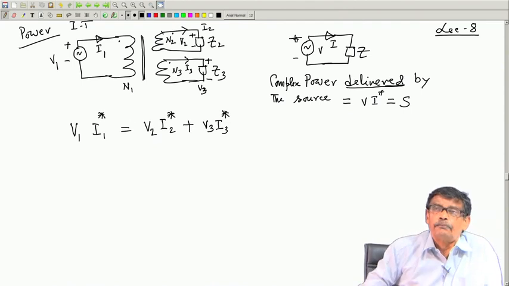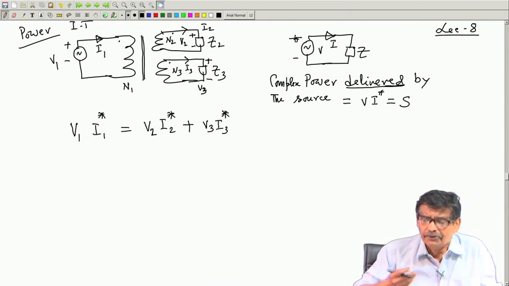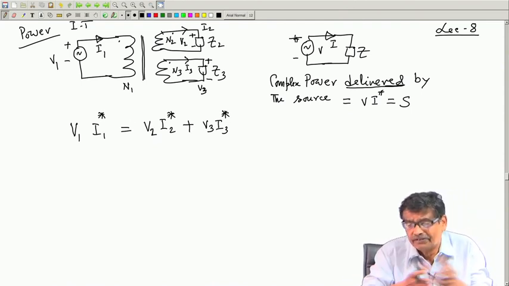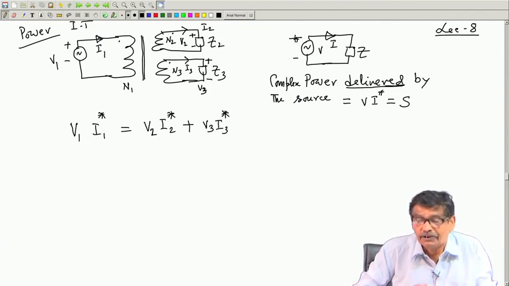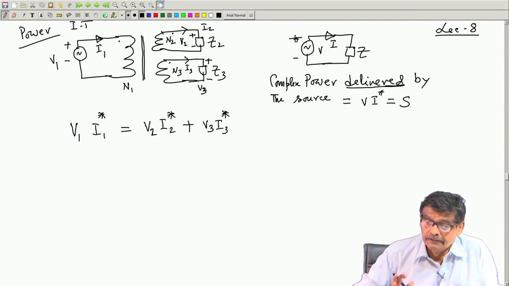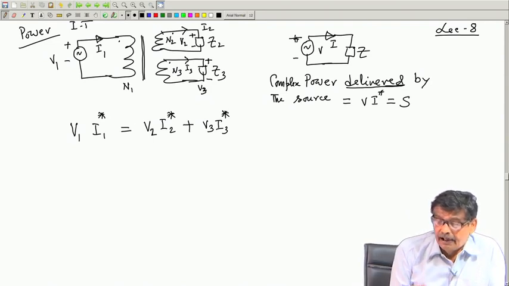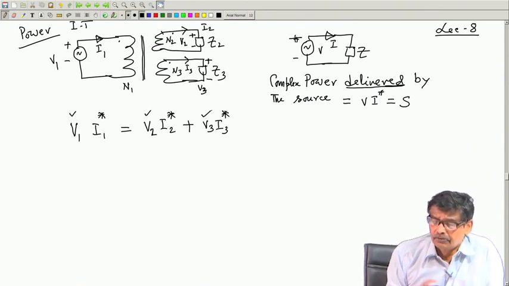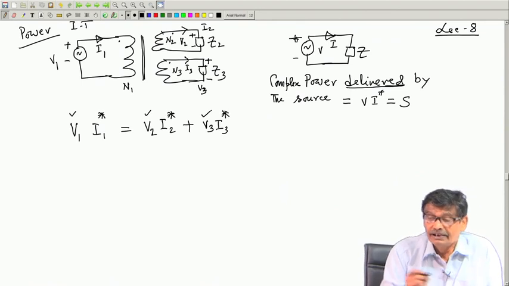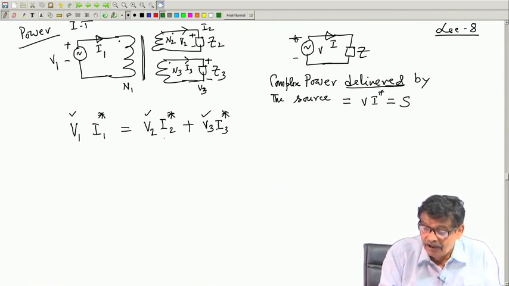It has to be so from power balance. Even if you do not go into the complexity of the transformer and how the flux remains the same, this has to be true, otherwise it cannot work. So, in this case I know V 1, V 2 and V 3, because the numbers of turns are known, so those voltages are known. What else do I know? I know I 2, I know I 3.